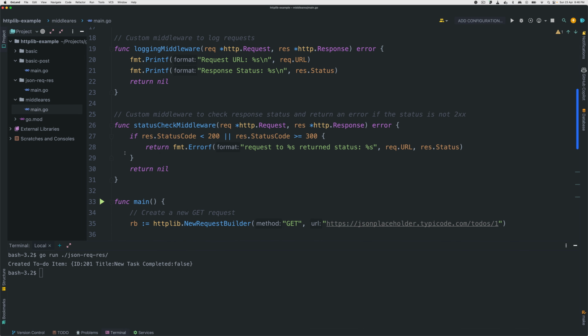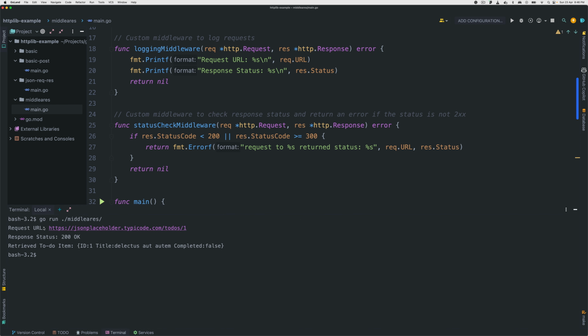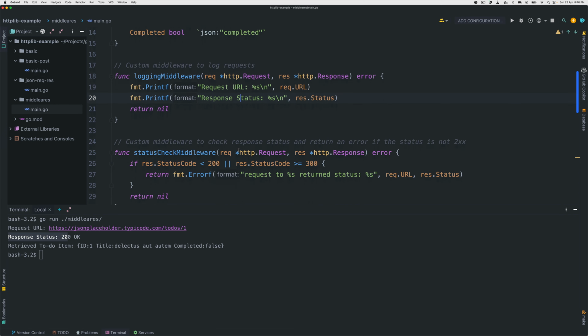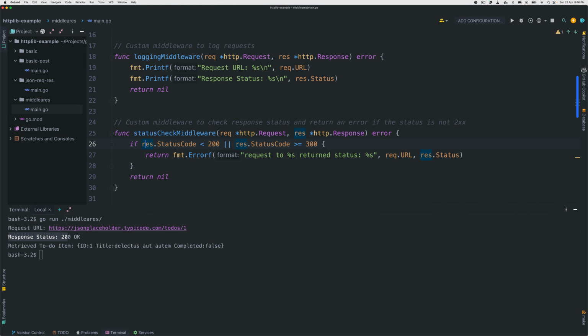So let's run it and see. So I'll do go run and put middlewares and then let's run it. Great, so let's look at it now. Request URL, this is coming from the first middleware. You look at request URL, response coming from the first middleware. And of course, this one didn't run because we have